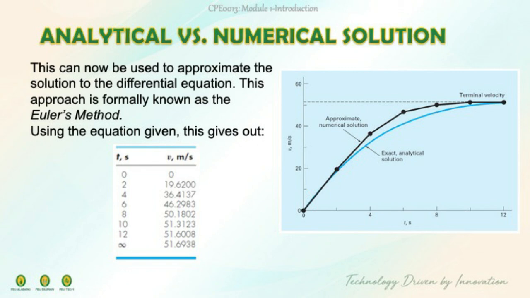One way to minimize such discrepancies is to use a smaller step size. So for example, applying it to our equation at a 1 second interval results in a smaller error as the straight line